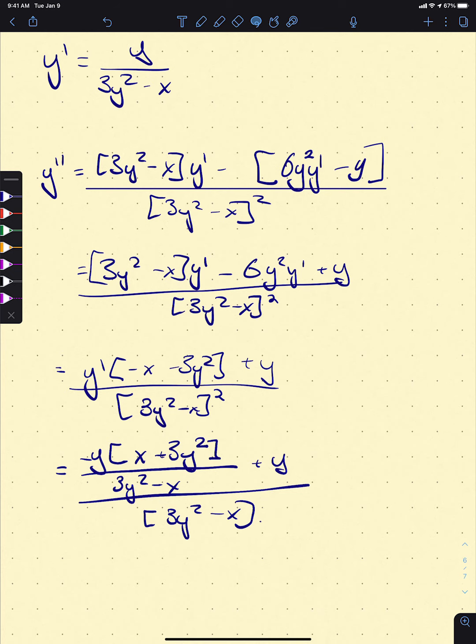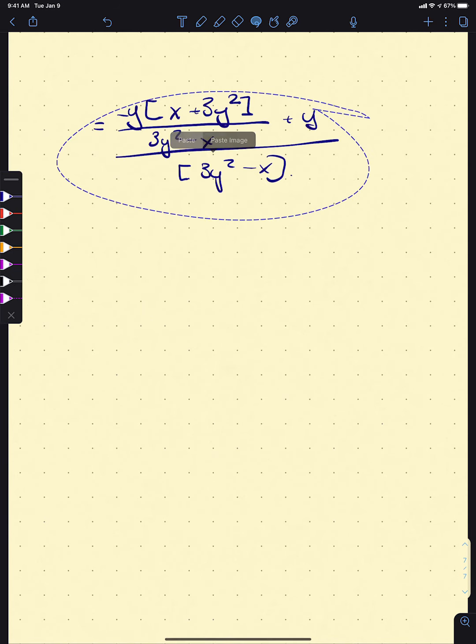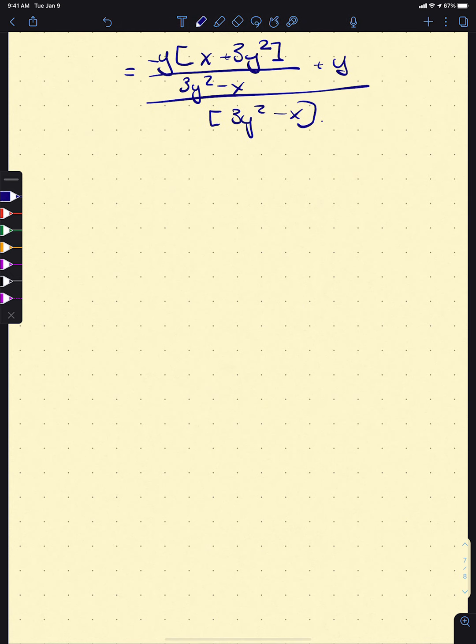Okay, I'm going to put this on the next page as we continue to simplify it. One of the maybe not so fun parts, but one of the common parts of finding these implicit derivatives is trying to simplify and break this down